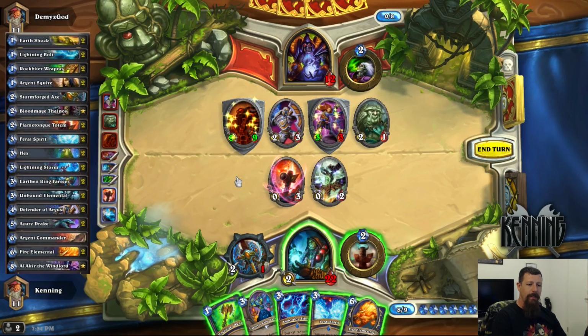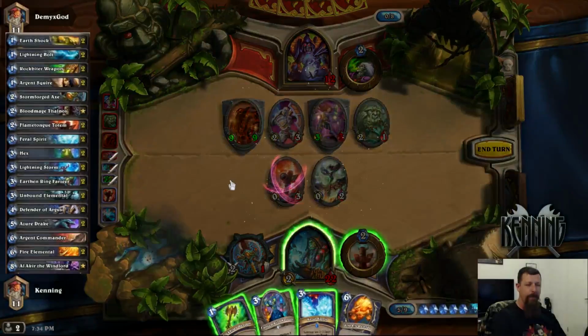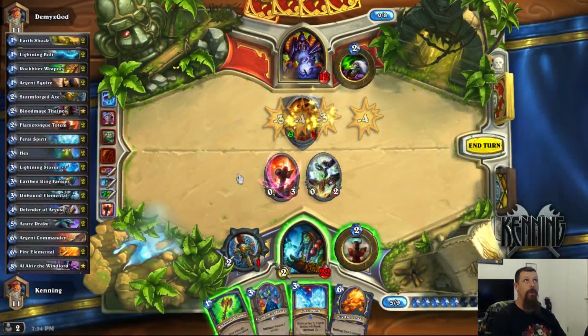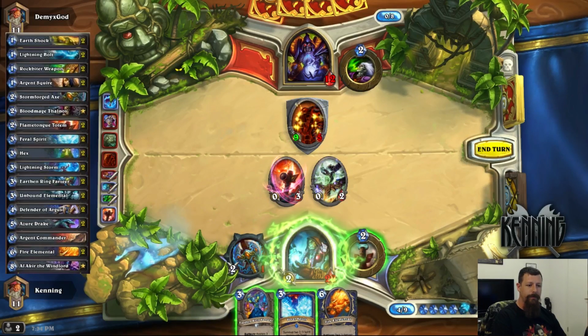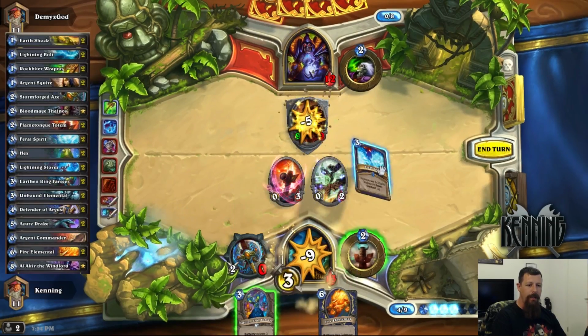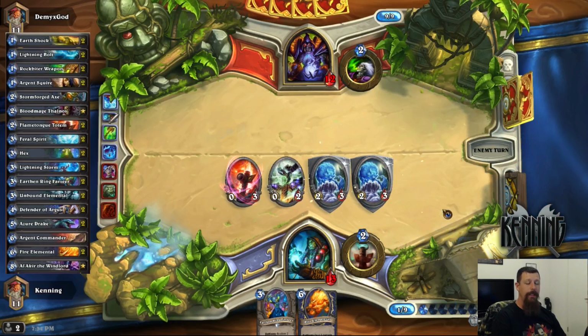This is a toughie. Yeah, that overload hurts. Alright, so here's the deal. We're going to remove all of it. It does 4. Whew, that was a close one. So, we can Rockbiter, giving us 5 to remove his giant, and then throwing our own taunts up, which overloads us greatly, but it had to be done. At this point, 3, 5, we can...